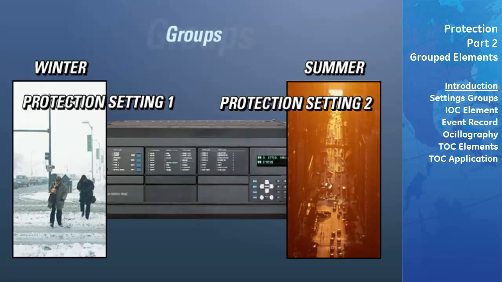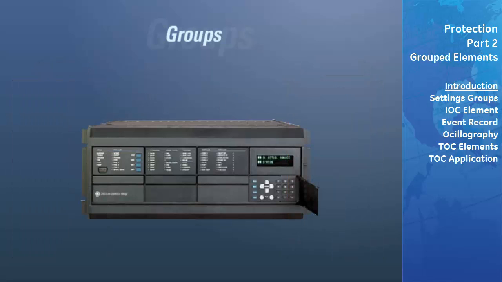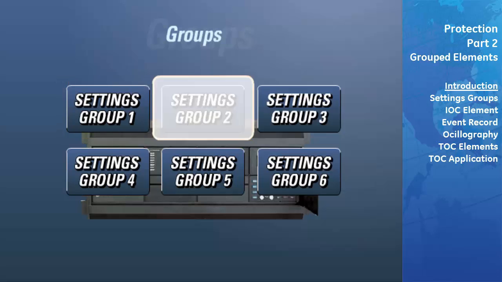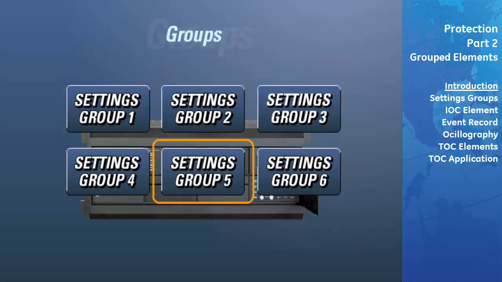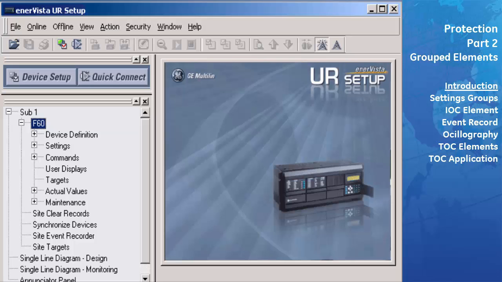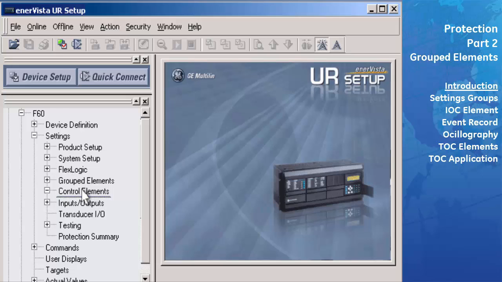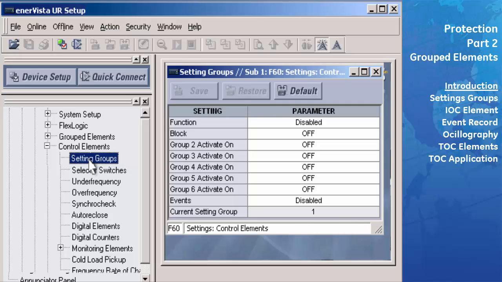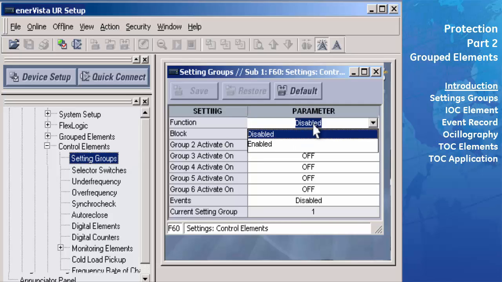The universal relay contains 6 different groups of settings where you can configure the characteristics of each protection element. You can then switch between the different groups, thus changing the way you protect power system devices. The method of selecting which setting group is active can be found under the Settings, Control Elements, Setting Groups menu. In the menu window, you will see a field labeled Function. If this setting is set to Disabled, the UR will only allow the elements that are programmed in Setting Group